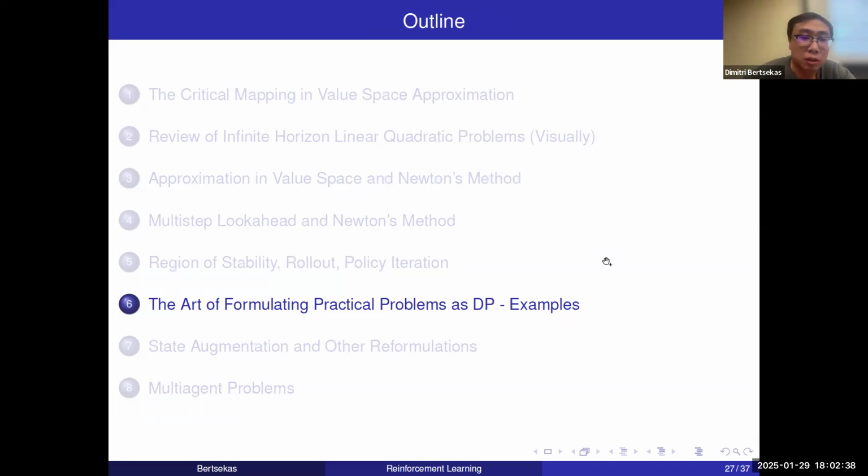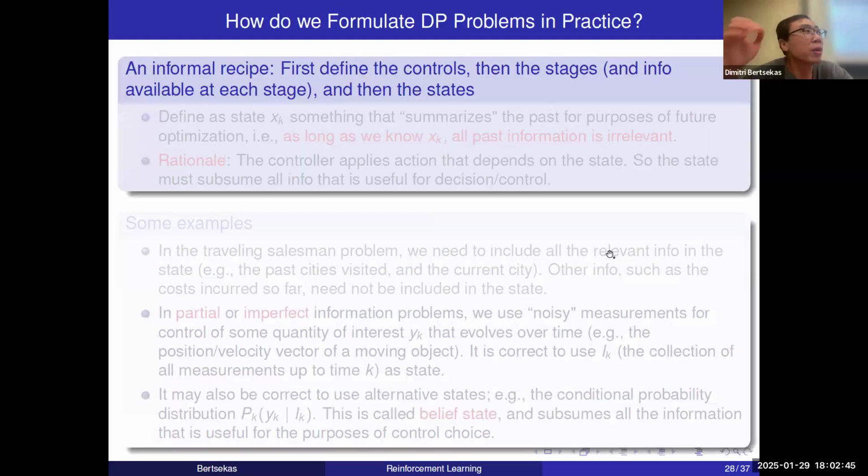Now let's get to the next session: the art of formulating practical problems as dynamic programming. As we have mentioned earlier, dynamic programming is a very powerful modeling tool, and the principle of optimality holds regardless of the nature of state and control and so on. So a lot of problems can be formulated as dynamic programming problems. On the other hand,